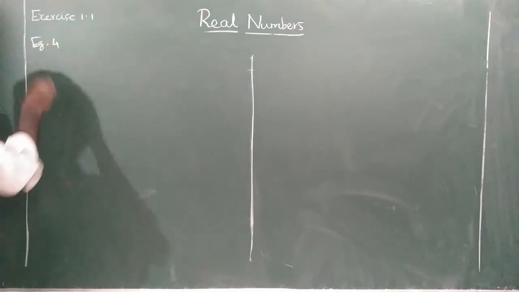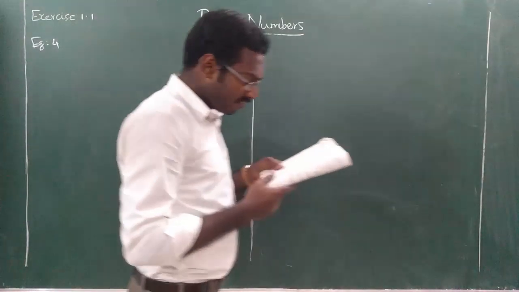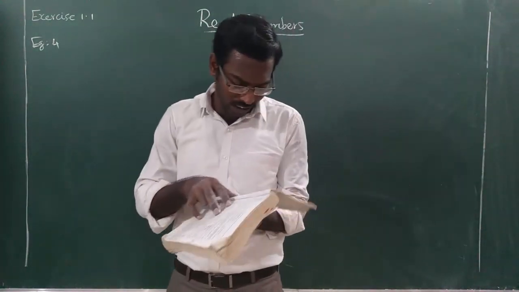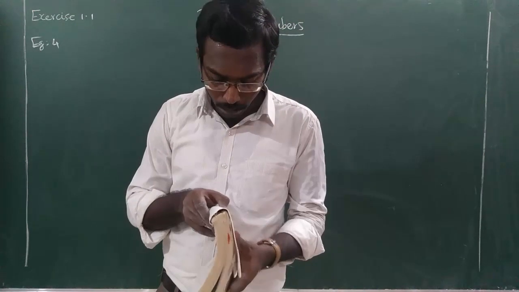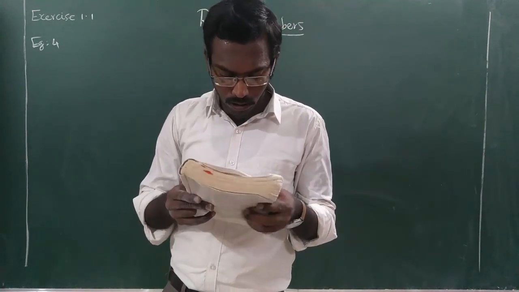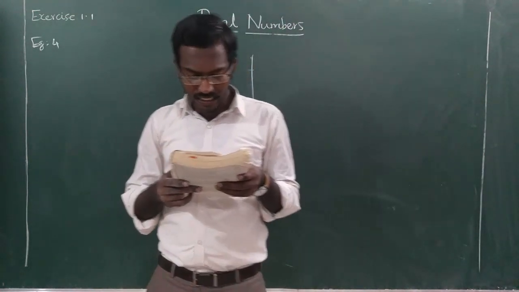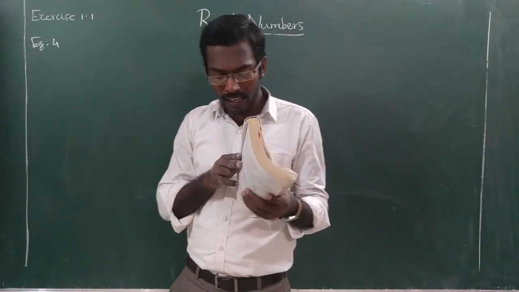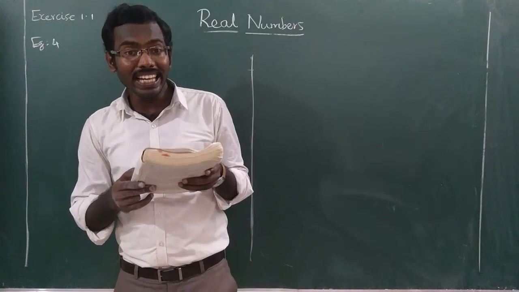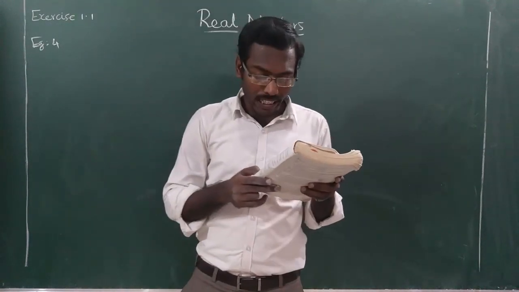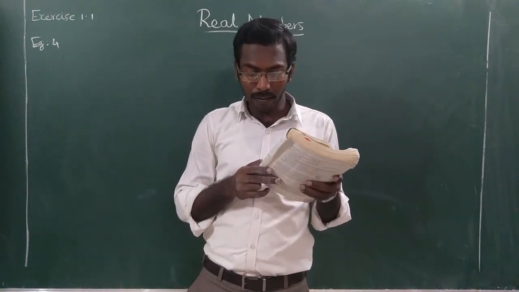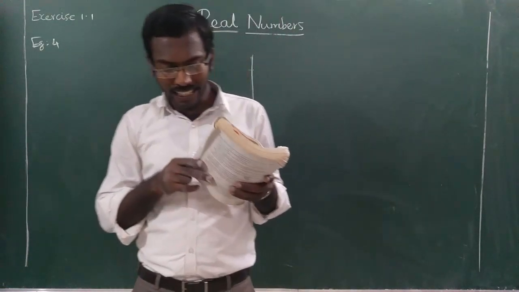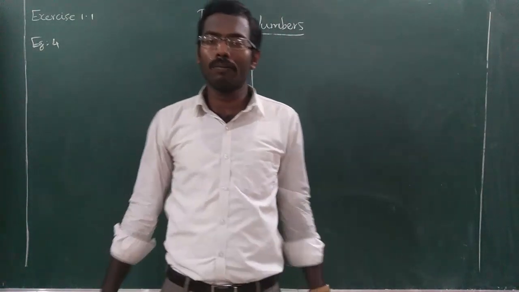Example 4. Yes, a sweet seller has 420 kaju burfis and 130 badam burfis. She wants to stack them in such a way that each stack has the same number and they take up the least area of the tray. What is the number of burfis that can be placed in each stack for this purpose?